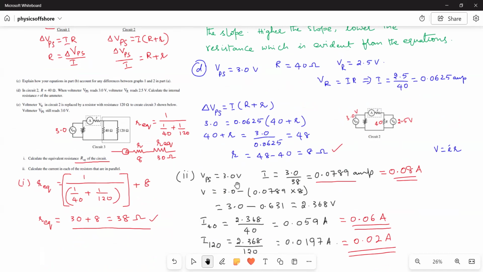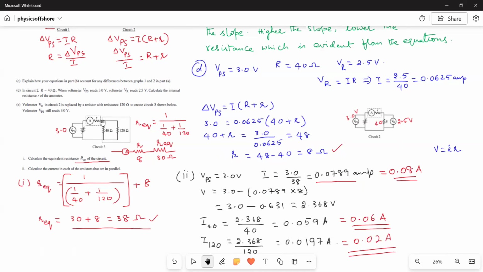So V is 3 volts. Here he gave VPS is equal to 3 volts. And the effective resistance is 38 ohms. Therefore, the current flowing in the circuit is 0.08 amperes. Okay. And now we have to find out the current flowing through each resistor. Because these two resistors are in parallel with each other, the potential drop across these resistors is the same. So we have to find out the voltage drop at the